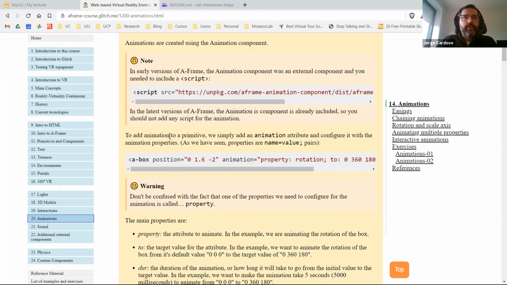And so to add an animation, imagine we want to make something move in the screen. To do that, we just need to add another attribute, which is called animation. And then in the value of that attribute, we will set up the animation. So we will say how we want the animation to proceed. So in this example here, in this very small snippet of code, imagine we have a box in a given position, and we want the box to rotate